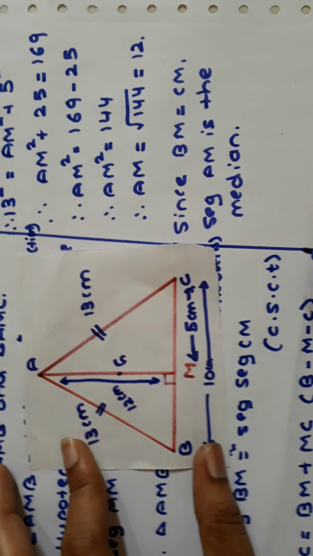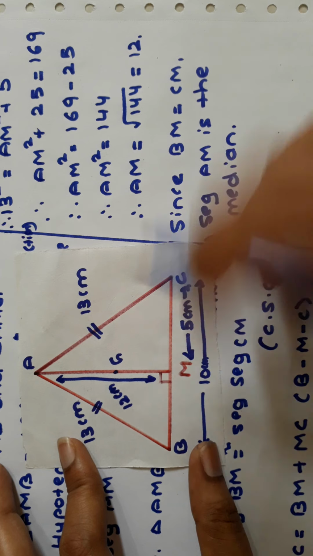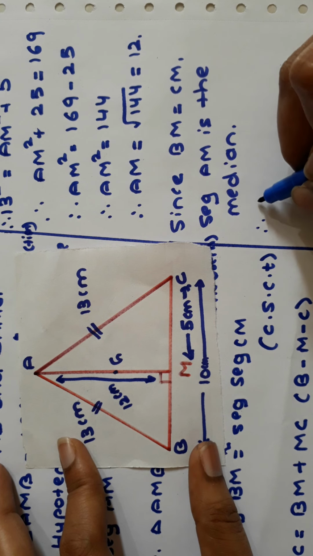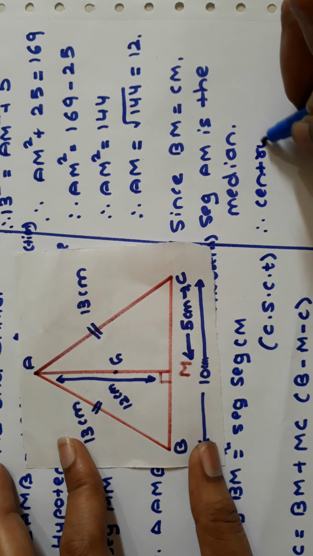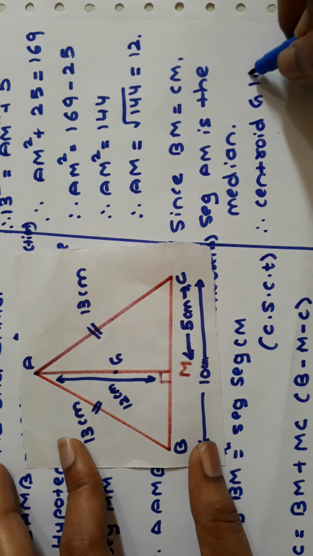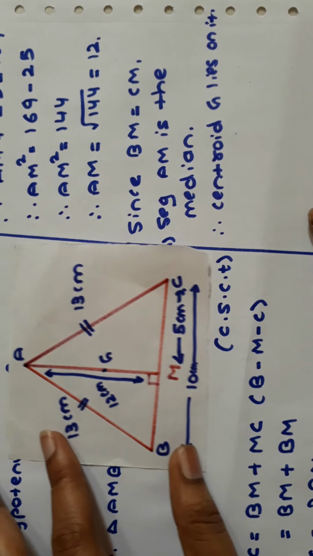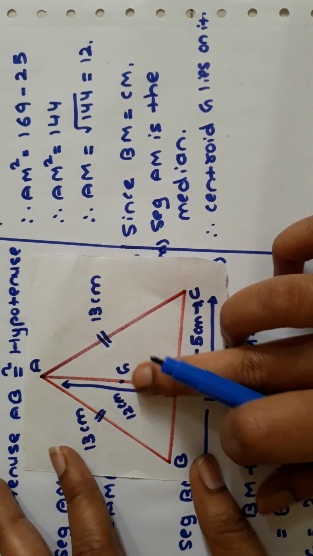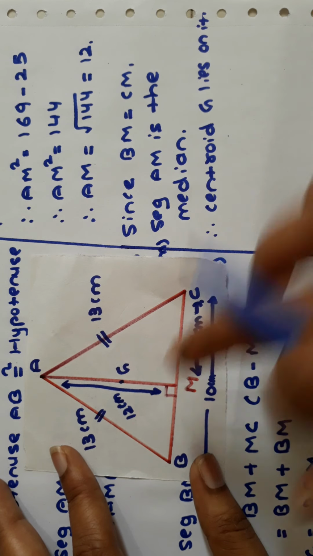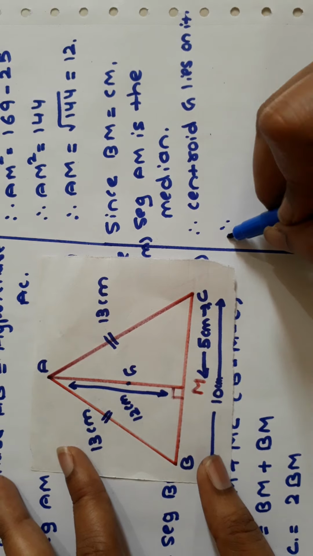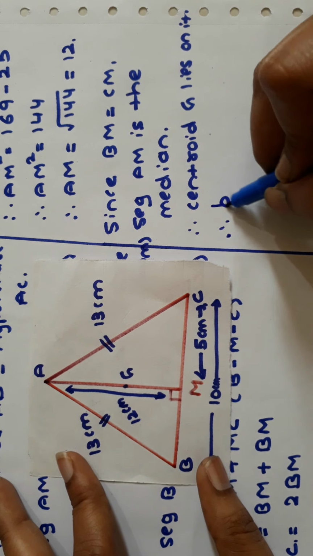And since segment AM is the median, G is the centroid. AM is a median and G is a centroid. It lies on the median. And by property of the centroid,